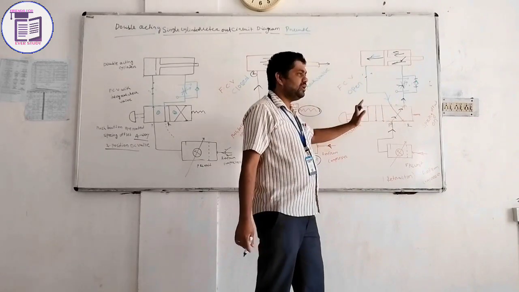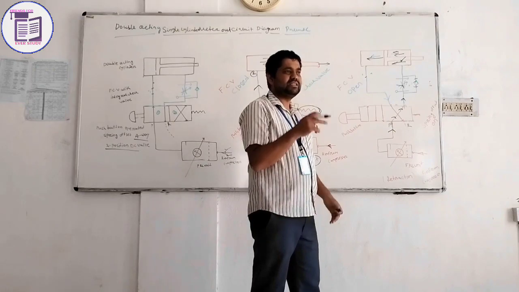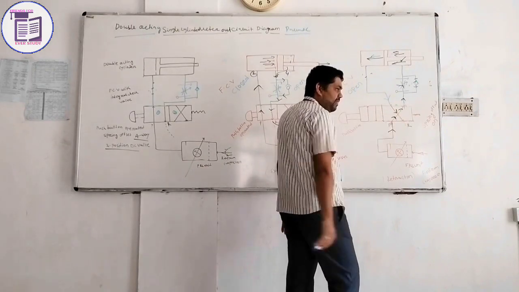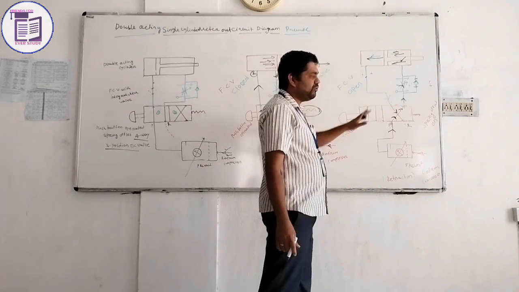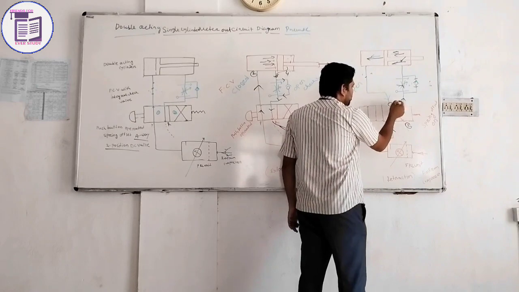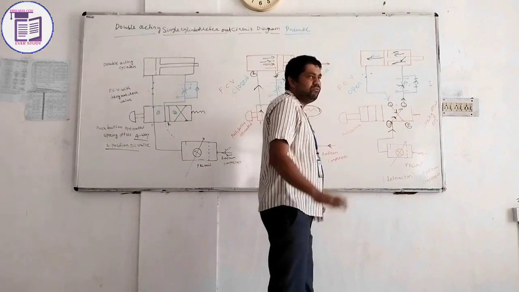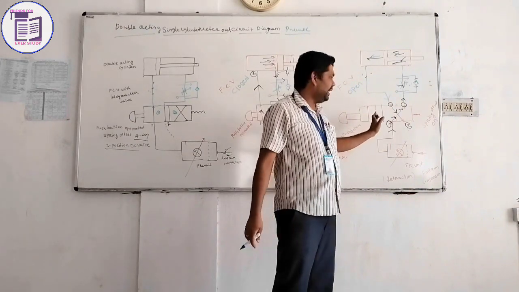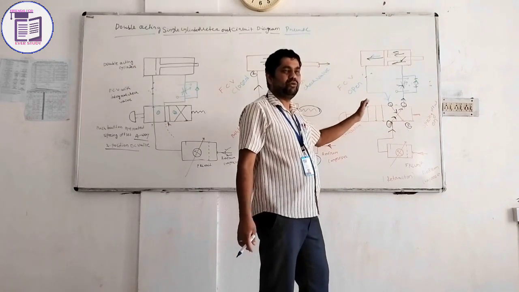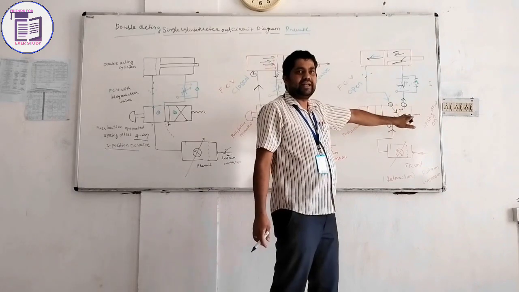Here, this is not a streamline function; this is a cross section. The flow will occur in a cross manner. So here is your position if you consider it. This is called port 1, this is port 2, this is port 3, and this is port 4. Four ports, four position. Sorry, four way. And two positions are there, so this is four way, two position. This is your right hand side activated.